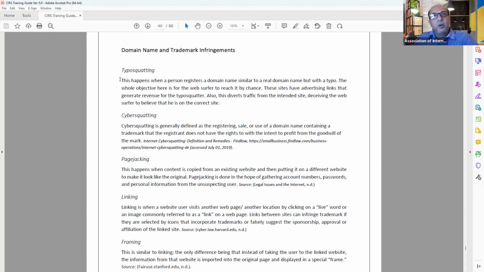So the more famous domain names, let's say PayPal, for instance, which may have a slight difference in spelling, and whoever is using that domain name is adding a word or changing the spelling of it to make it appear as if it is coming from the original source, or it is the original domain that is recognized for its goodwill,